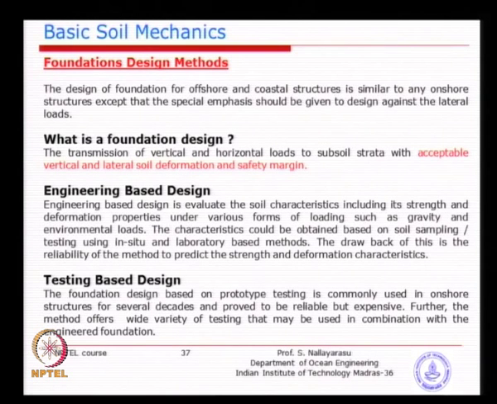For example, 20 meter penetration originally I have assumed, I have calculated the capacity as 100 tons, and I have installed the 20 meter penetration pile, did the testing, and the capacity comes to be say 80 tons. How do we say that 80 ton? Basically acceptable displacement. The capacity can be larger if you displace the pile by larger displacement. So, you will get a load displacement relationship.